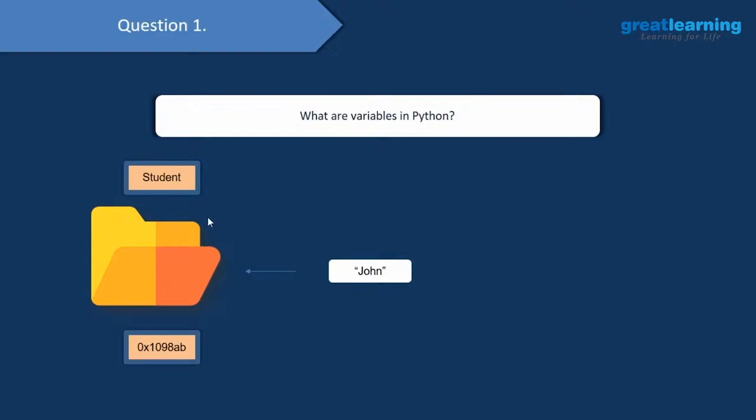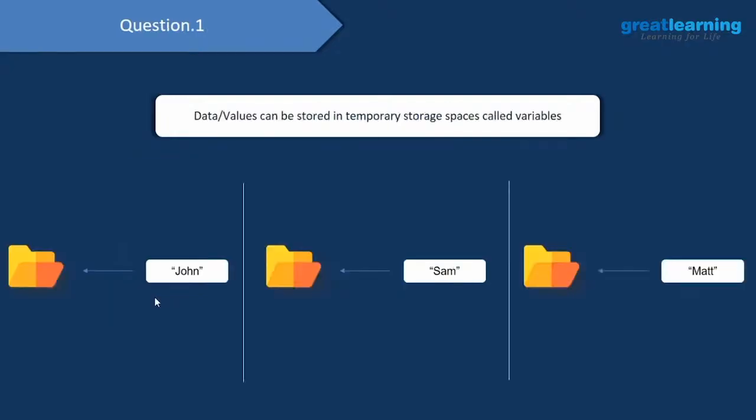And a variable has a name associated with it and a memory address associated with it. So as you see over here, this is the name of the variable and this is the memory address of the variable. And as I have told you, variables are temporary storage spaces, which means that once you store a value in a variable, it can be changed after a point of time. So here what I'm doing is I am starting off by storing this